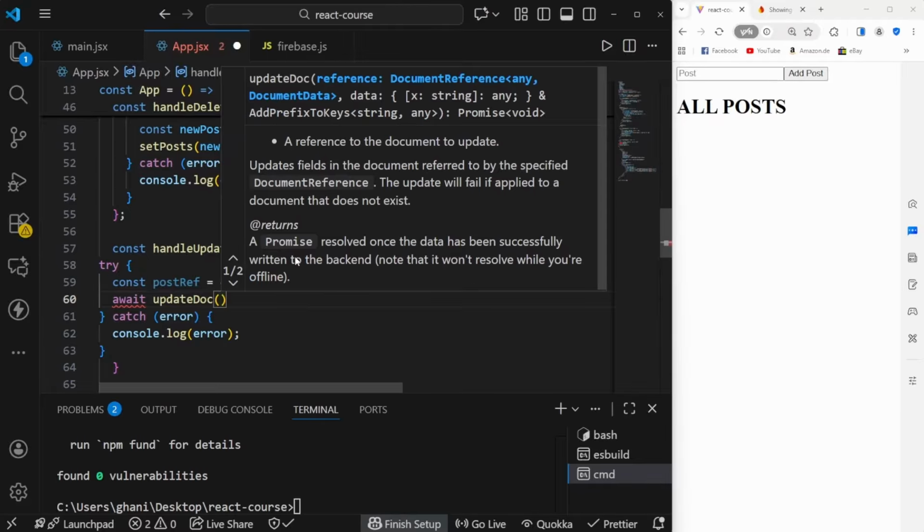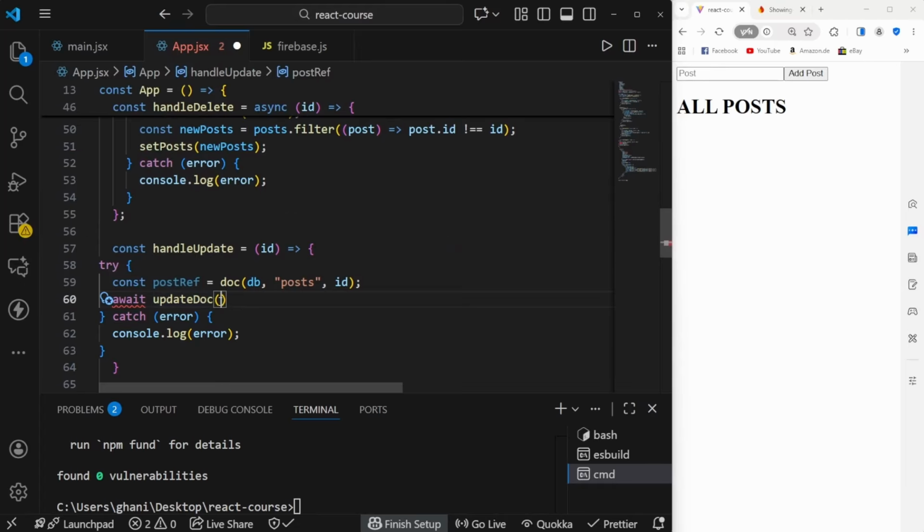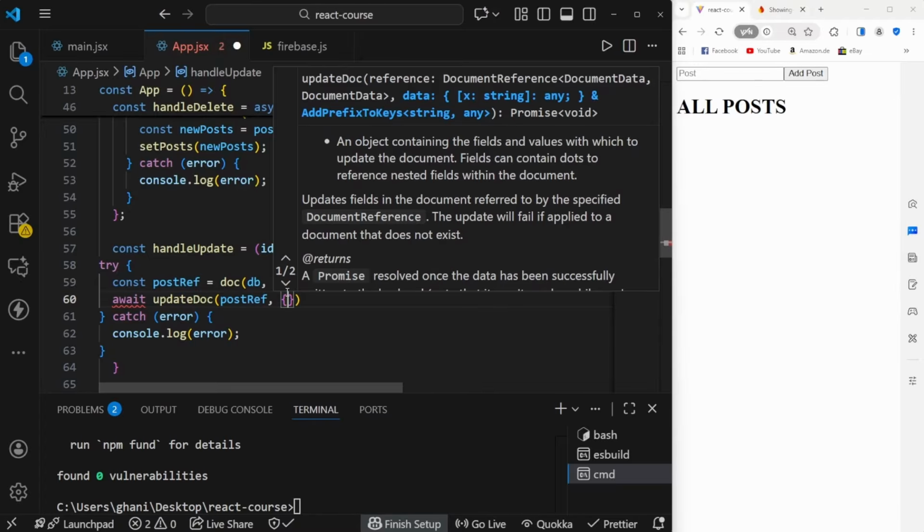And now this one just expects a reference again. We created this reference right here, so we have to pass this in here as an argument to our updateDoc function. And we also need to provide data right here. And now it's possible to